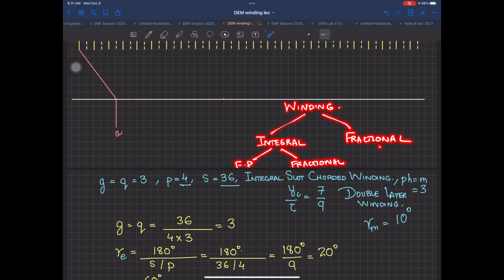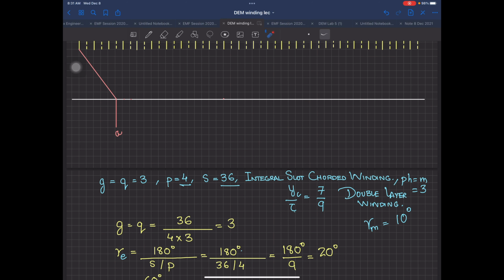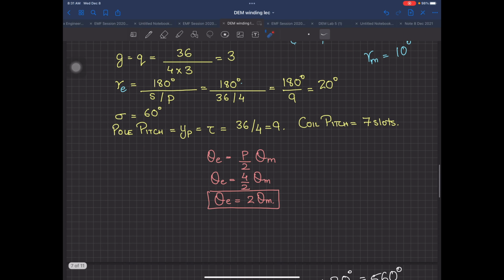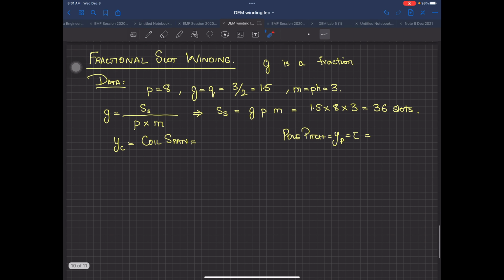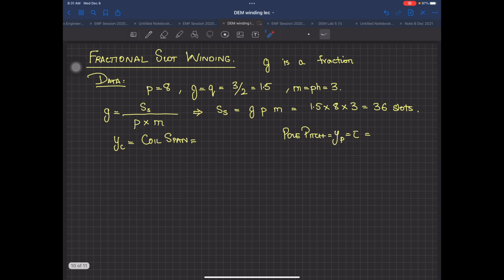And when I'm talking about the fractional slot winding, this means G is a fraction in the form of P over Q. In fractional winding there are also two types, but I'm not going into that detail because it will make it a little more complex for you. So we will stick to only one type, the fractional slot winding. This is actually the most difficult winding, and the rules are also a little messy. You will see when I make the windings.